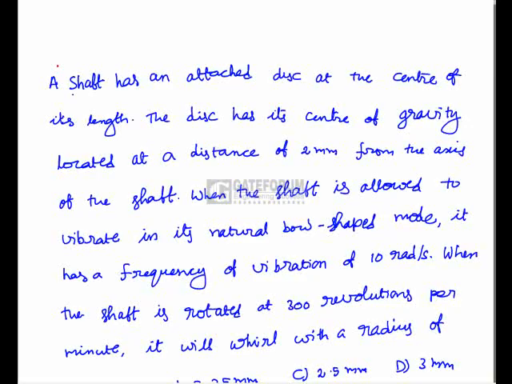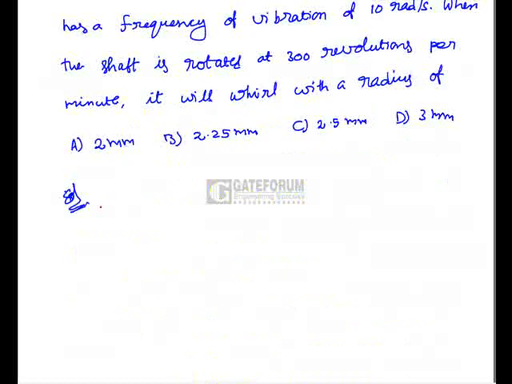A shaft has an attached disc at the center of its length. The disc has its center of gravity located at a distance of 2 mm from the axis of the shaft. When the shaft is allowed to vibrate in its natural bow-shaped mode, it has a frequency of vibration of 10 radians per second. When the shaft is rotated at 300 revolutions per minute, it will whirl with a radius of. So here, the whirl radius is given by